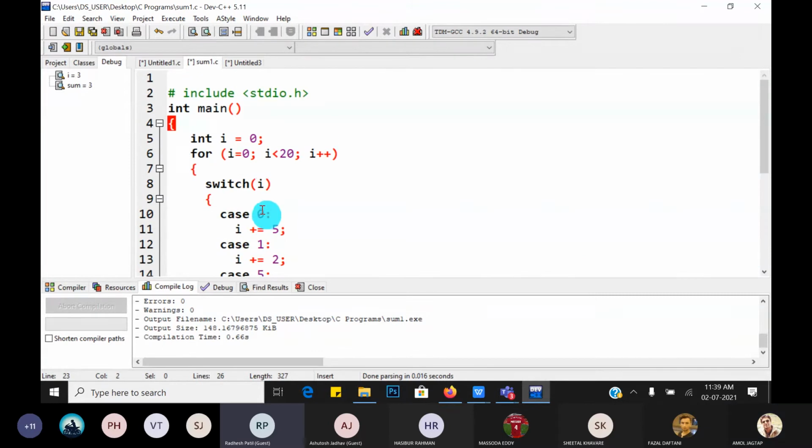Sir, what is the application of the shift operator, left shift or right shift? These are the bitwise shifting operators. These are binary operators, and they work on the bits.